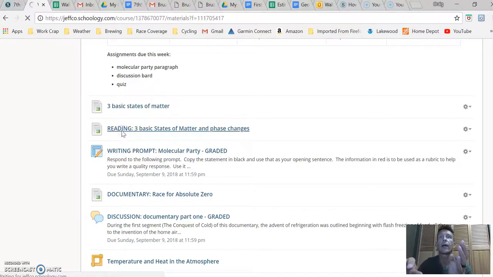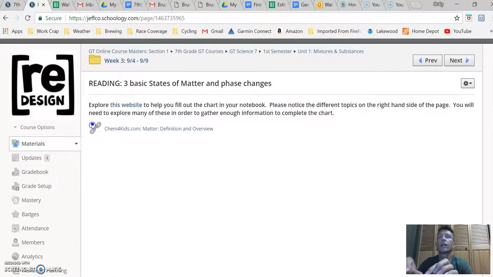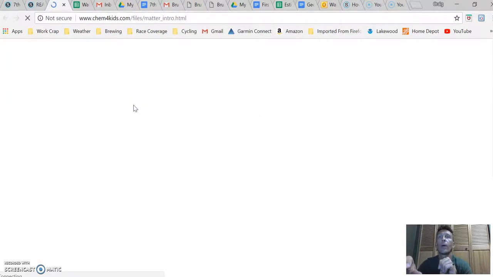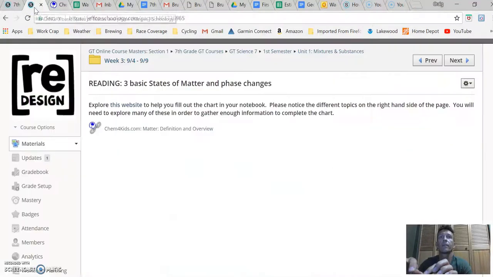So you could click on that, and a lot of these are hyperlinked in here. So it says explore this website. You could click on that website and go through this. It also said fill out the chart in your notebook, the chart you had done on the previous slide here.